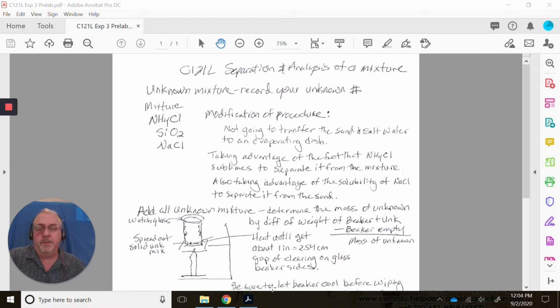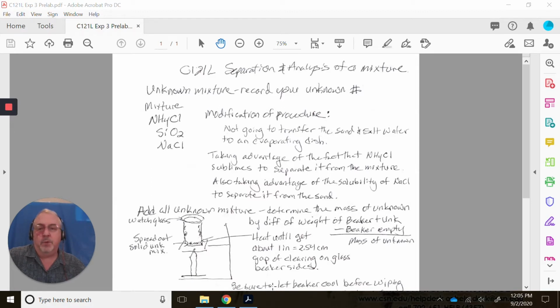121 lab students. This is lab 3, separation and analysis of a mixture. Make sure that you record the unknown mixture number when you see the demonstration part of this lab video. The mixture we're going to have is going to consist of ammonium chloride, NH4Cl, silicon dioxide, SiO2, which is sand,